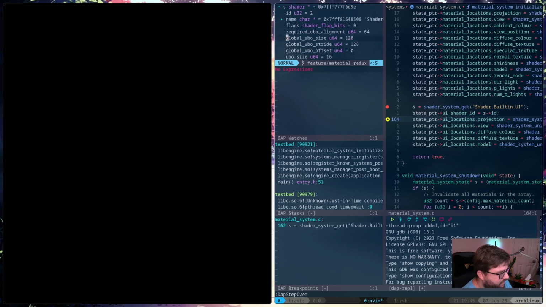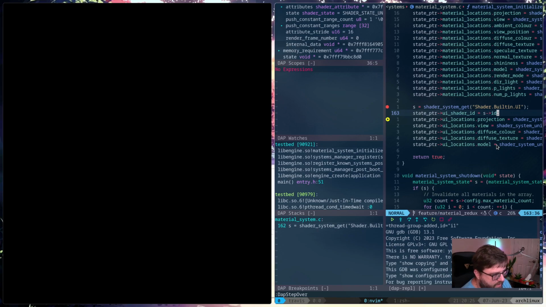We do have UBO size, UBO stride. We do have texture maps. We even have push constant ranges, I think. Yep, we even have that. So the shader itself looks correct, which is interesting.